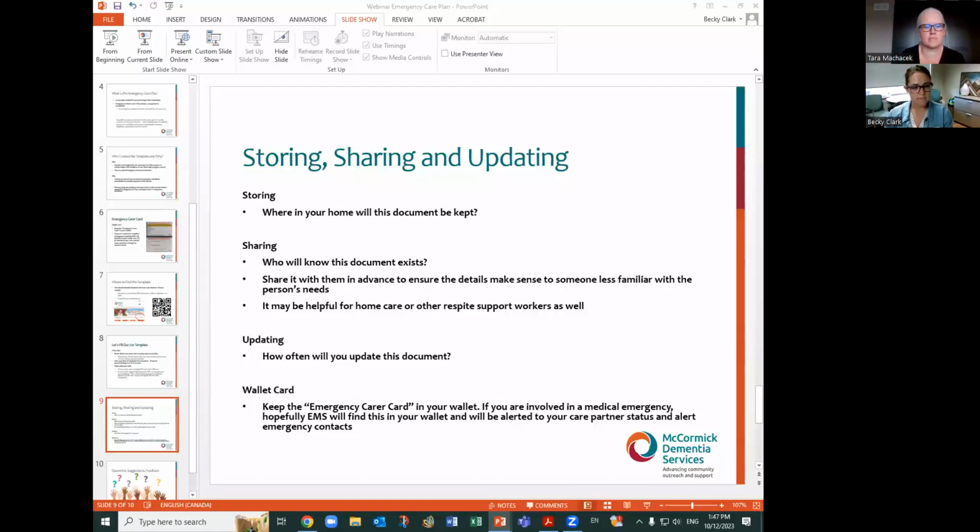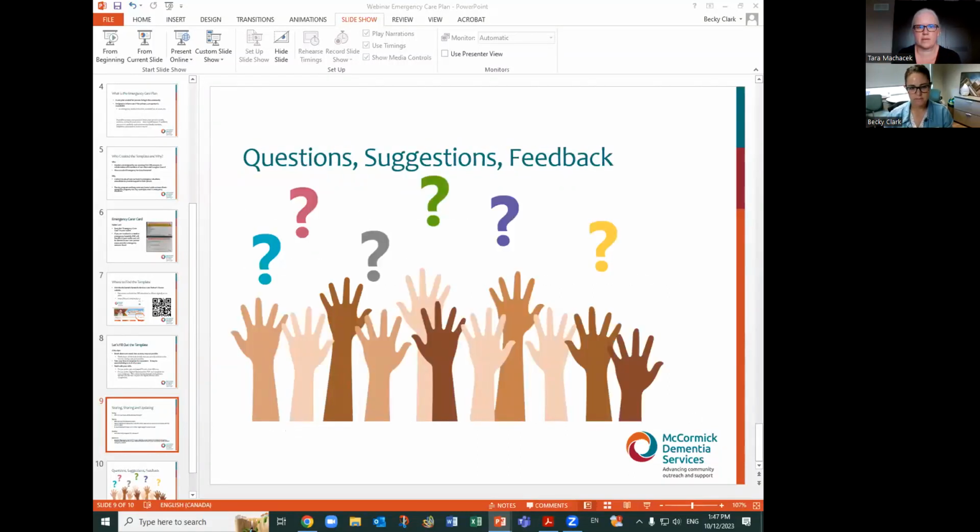And then we talked about updating it. If there's some sort of major change, for transportation, say they were driving, but since then they've had their license taken away, that would be a really important thing to update. And other care needs, like continence and transfers, those sorts of things. And then we talked about the care card in your wallet. We have someone who's raised their hand, so